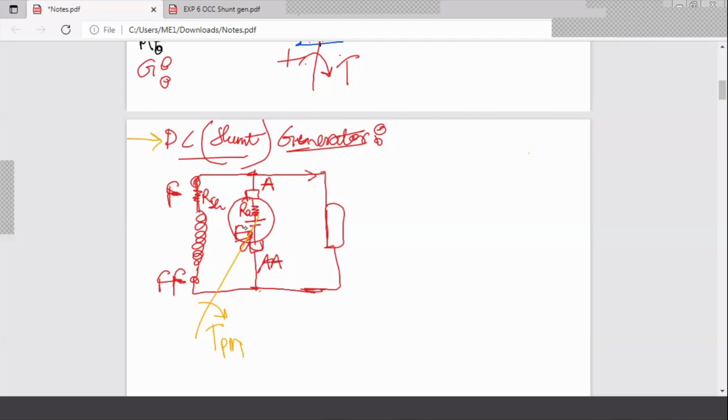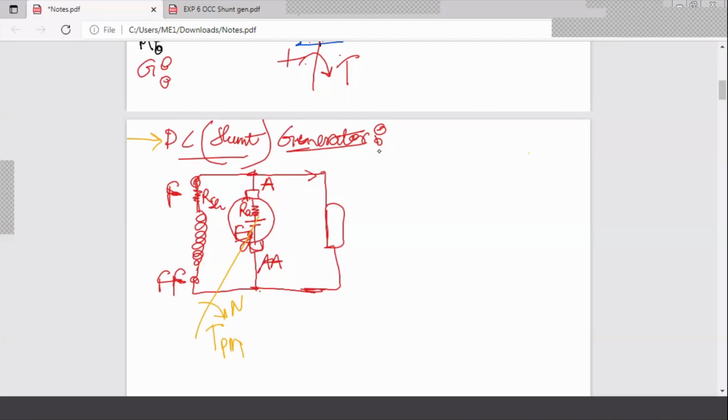But how is the back EMF produced? Whenever it starts rotating, what will happen? Because we are giving it a mechanical input, it starts rotating. When it rotates, something happens here. To understand the relationship between this generated EMF and the speed, whenever I say torque, it is producing a rotation. Rotation will lead to some speed, isn't it? So we need to find out the relationship between this generated EMF and the speed. How do you find out the relationship?